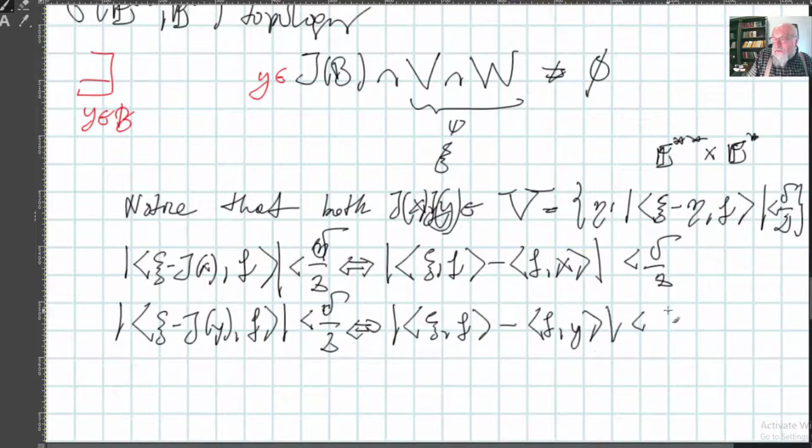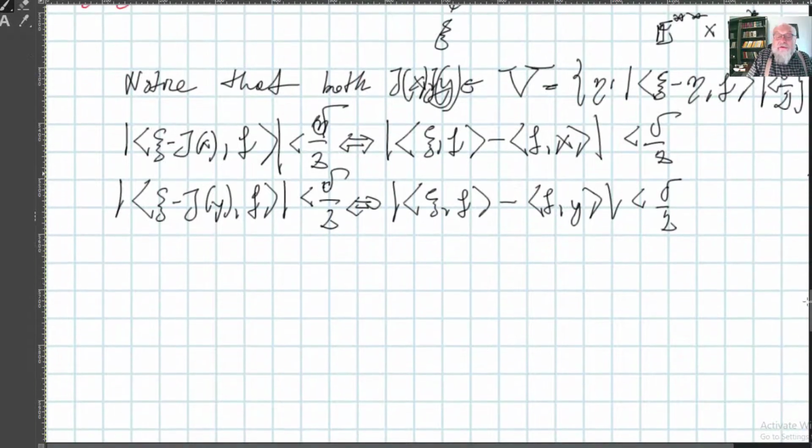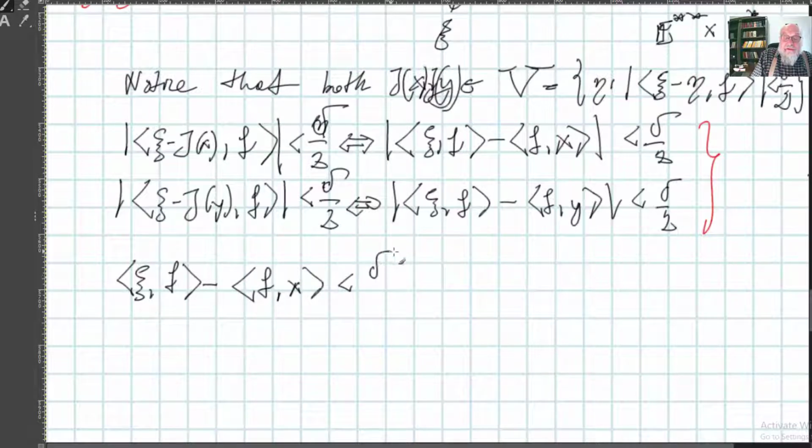So now let's look down and rewrite these two inequalities differently. Namely, we have here the left-hand side of this inequality is still smaller than that one, so put it like that: psi f minus f of x smaller than delta over 2, and that one, psi f minus f of y, smaller than delta over 2. Add them up,